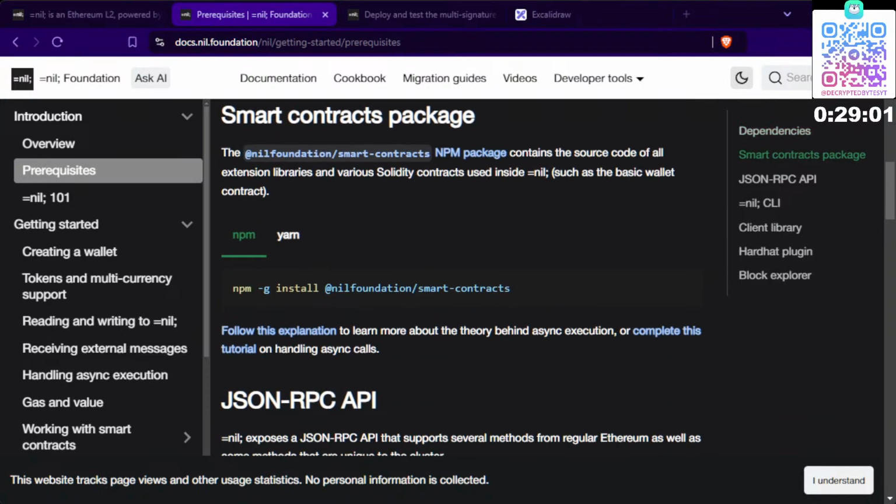Browser. Nil smart contracts package. The Nil Foundation smart contracts npm package contains the source code of all extension libraries and various Solidity contracts used inside Nil, such as the basic wallet contract. Okay,